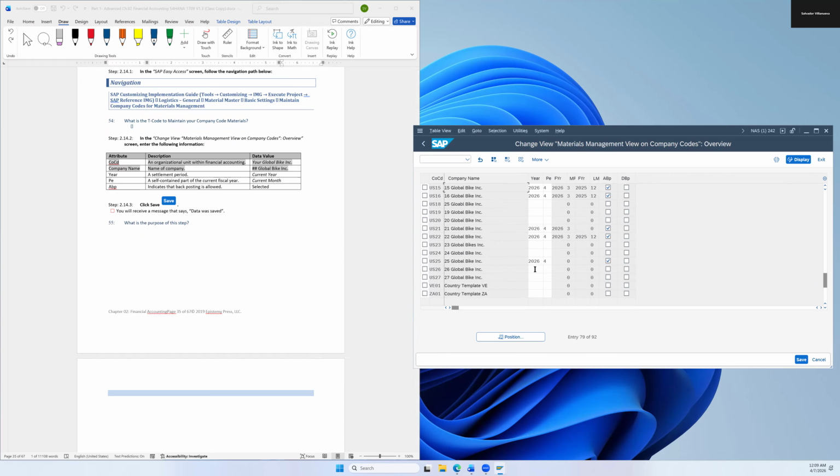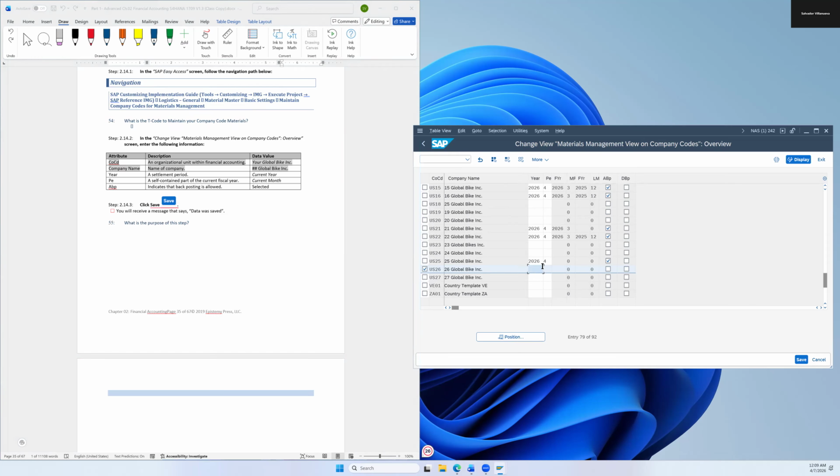So we are right here. So for CCD, it's going to be our company code 26. Just click on it to highlight it so I don't miss any information. So, all right. So now company name, yep,